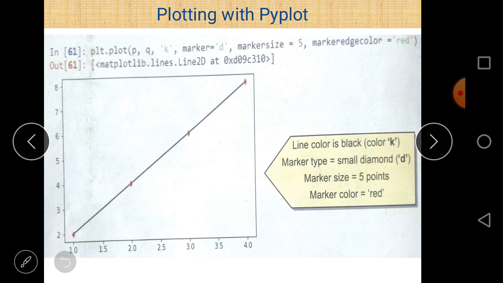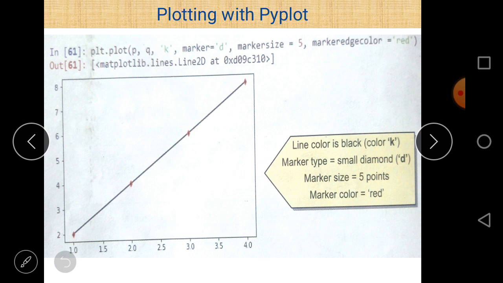And after that, put the dot sign and after that the name of the function. In this case, we want to draw a line chart, that's why we use plt here. So in this case we use plt.plot. Plot is the name of the function used to draw a line chart. And then P comma Q. P and Q are the values. We can say X and Y. So P represents X and Q represents Y.